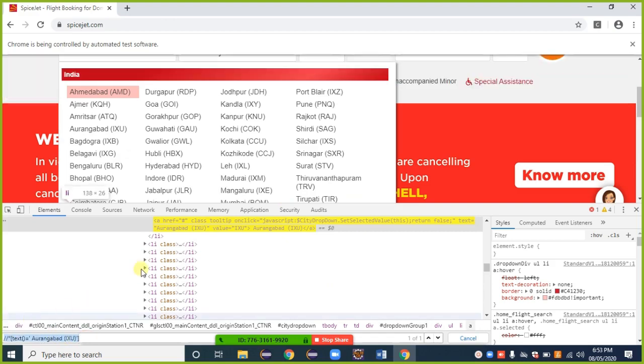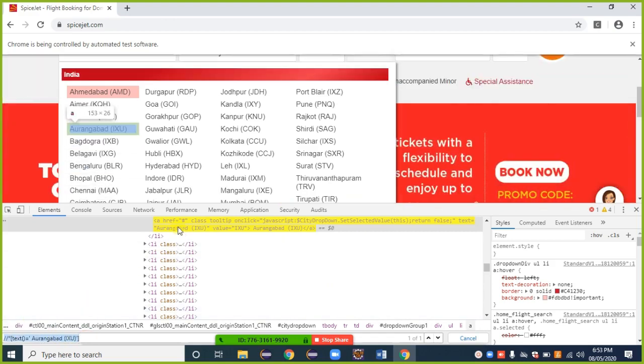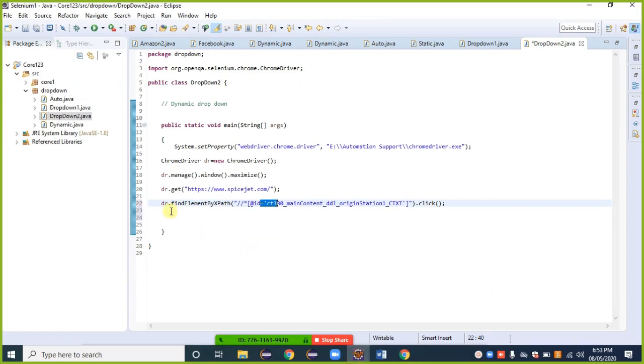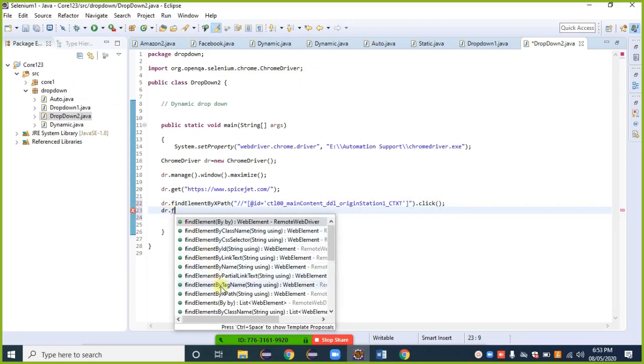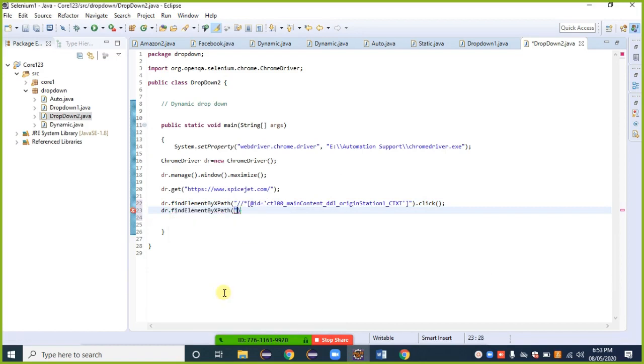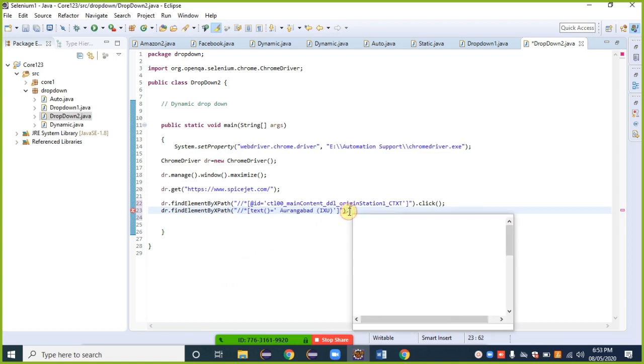Control C. Observe that the first list opens, and inside that Aurangabad gets selected. Here provide driver dot find element by XPath, provide the value with Control V, dot click.